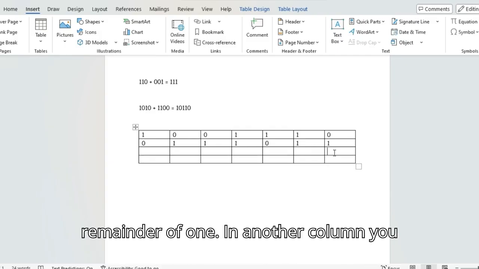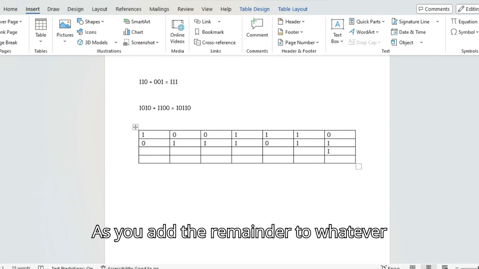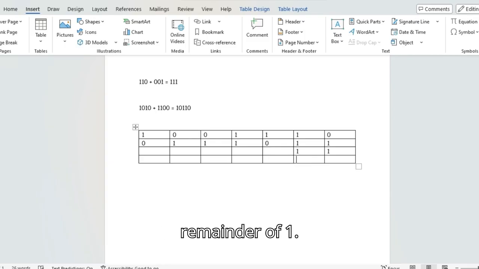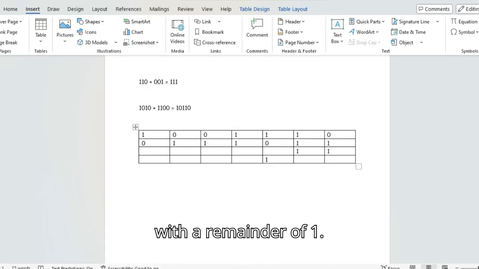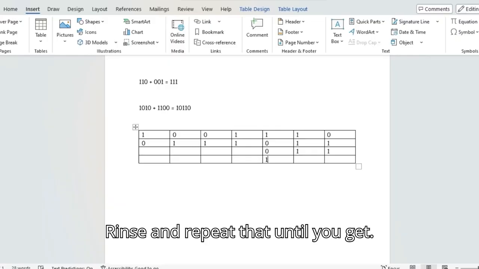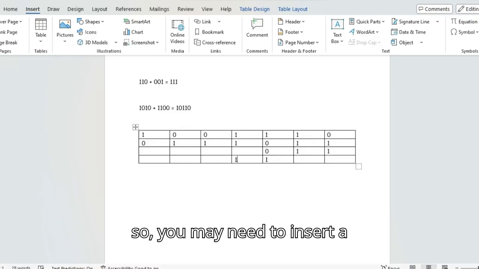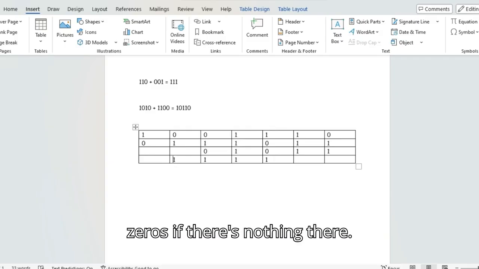So now what you would do is add them together as you see. 0 plus 1, 1. 1 plus 1 equals 2. Well, obviously binary can only go up to 1, so you get 0 with a remainder of 1 in another column. Do it again. 1 plus 1 equals 0, as you add the remainder to whatever is above. So we get 1 plus 1, 0 with a remainder of 1. Now 3 ones adding together equals 1 with a remainder of 1. Rinse and repeat that until you get a rough calculation,